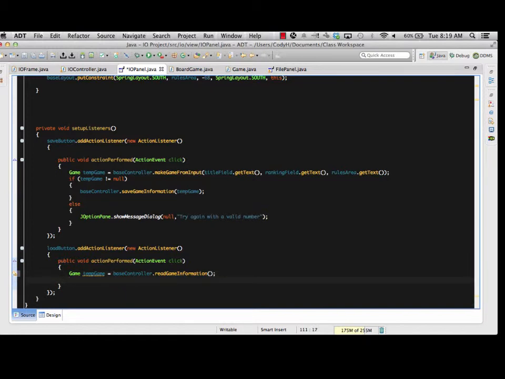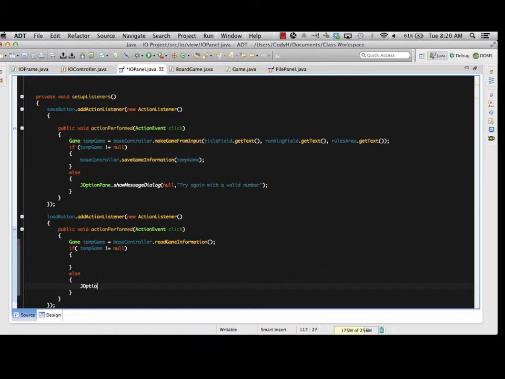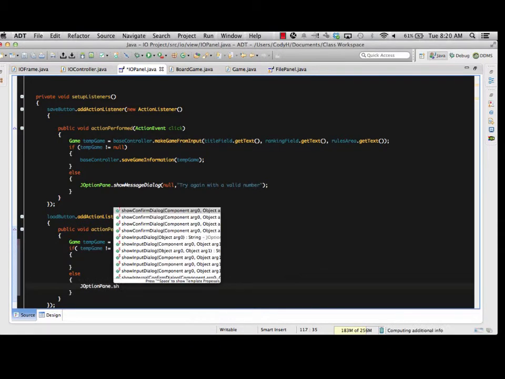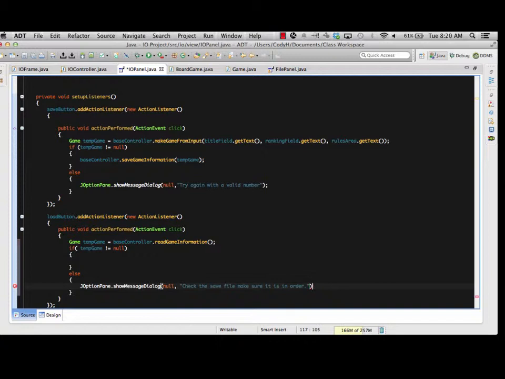And then test to make sure that is not null, because again, since that's using a try catch, I have to make sure that my properties are valid. So if, and then inside my parens, temp game is not equal to null. And inside this, I'll just do a quick JOptionPane.showMessageDialog. And just do a quick little thing like that. And if it is in order, then I'm just going to take the information and pass it to all those fields. So if the game is not null, I'm going to say that the title field